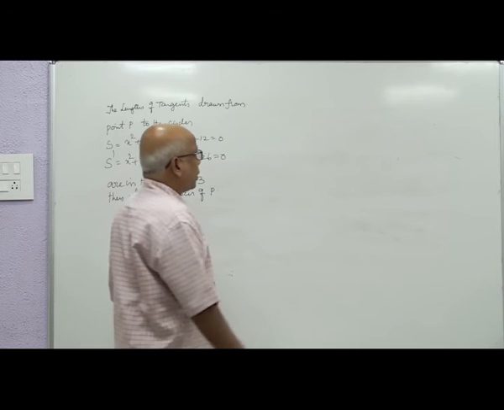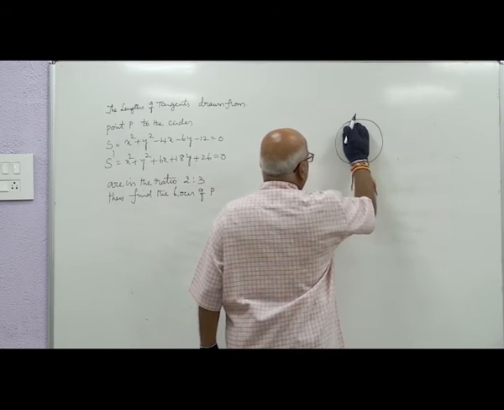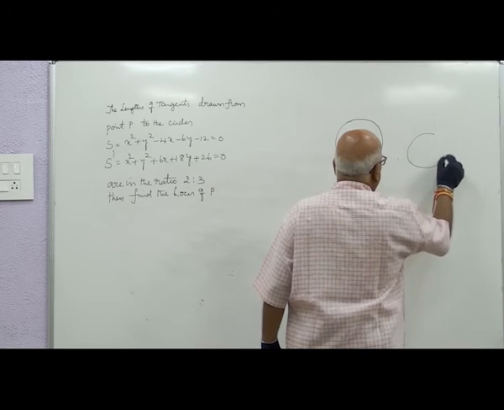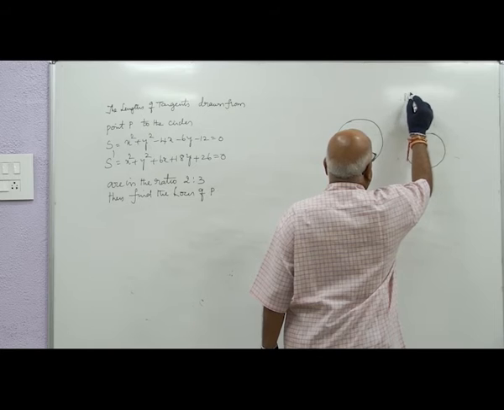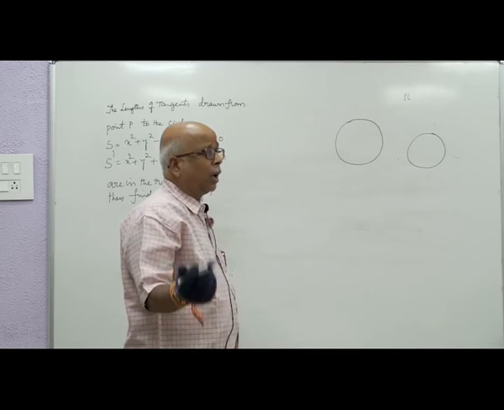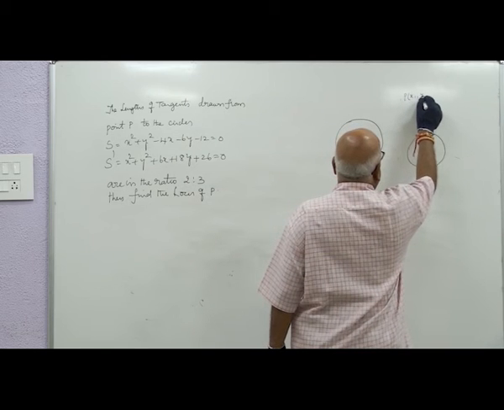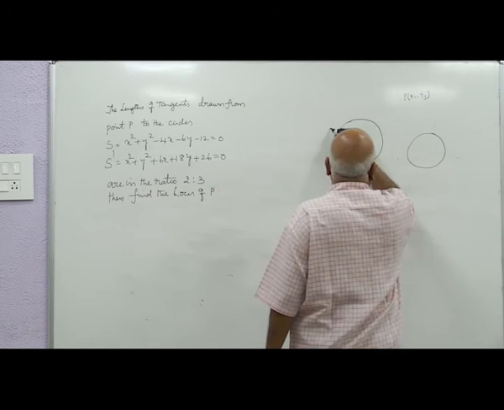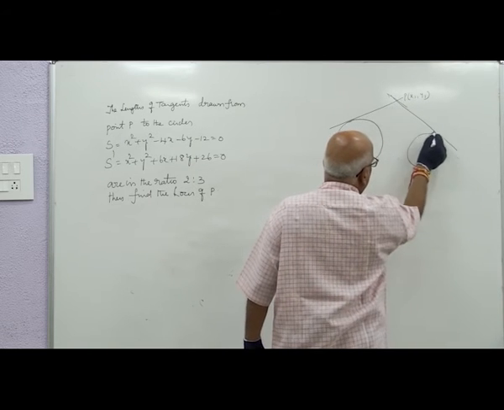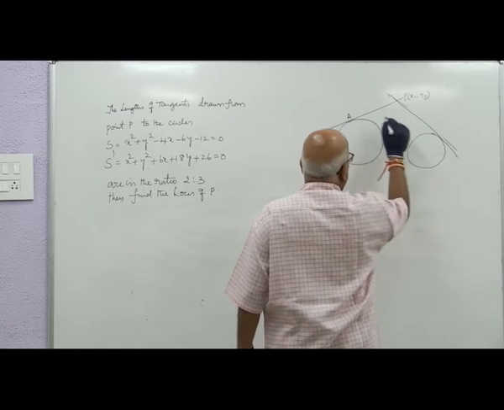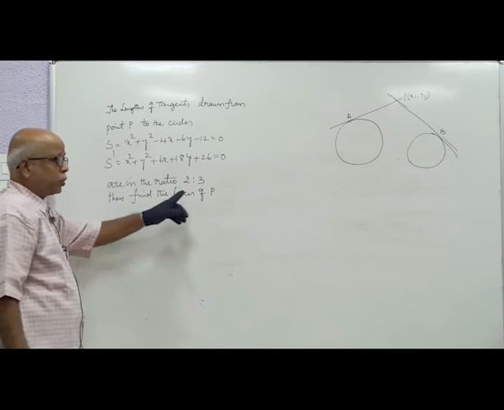What is the meaning of this problem? Here we are having two circles, sir. This is first circle, let us say this is second circle. Here is a point P. We don't know the coordinates of that point. Let us say you can take up xy or x1, y1 or hk according to your convenience. So I will take up x1, y1. From this point, two tangents were drawn to these two circles. Let us say PA, PB. This PA by PB ratio is 2:3.